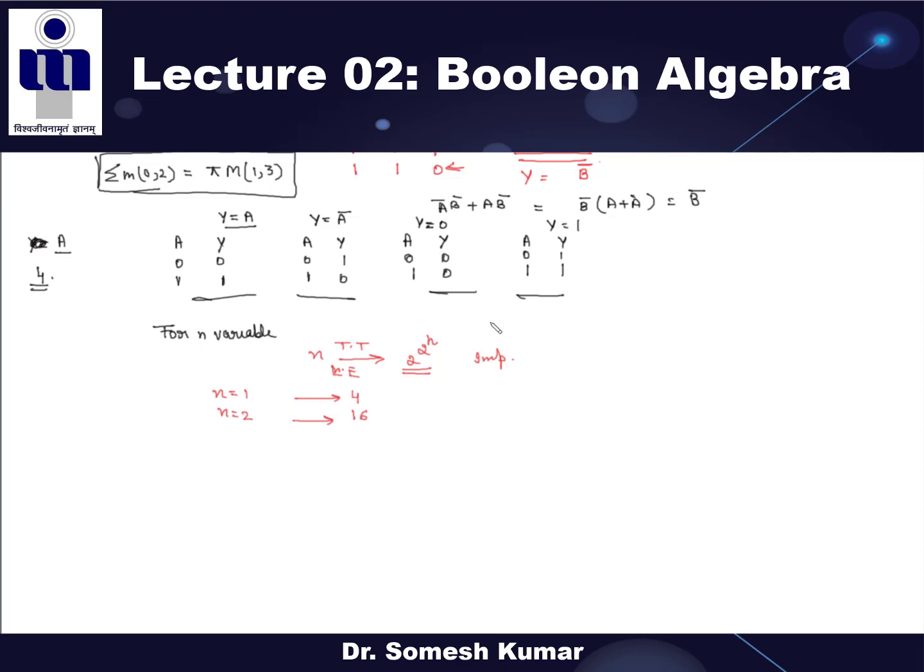Like if there are two variables A and B, then for example AB, A plus B, A bar B bar, A plus B whole bar, AB whole bar, A bar B plus AB bar, AB plus A bar B bar, 0, 1, A bar plus B, A plus B bar, A bar B, AB bar. All these are the possible 16 expressions for two variables. Clear? For three variables I can ask in the exam. If there are three variables, how many possible expressions are there? Directly with this formula you can write down the right answer. For n equal to 3, possible expressions are 256, that is 2 to the power 2 to the power 3.